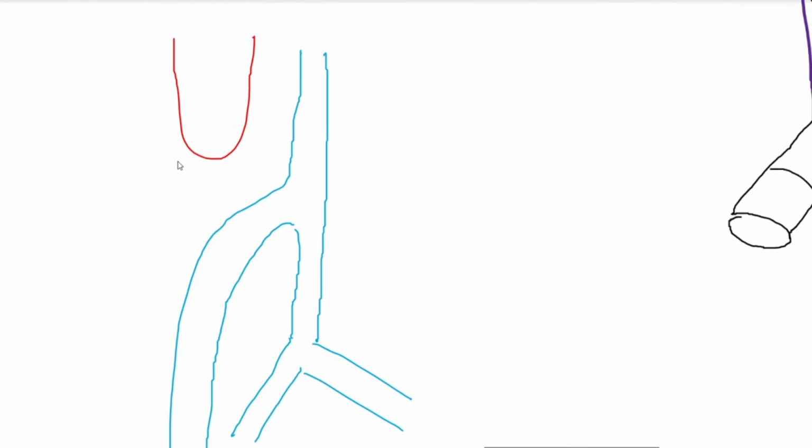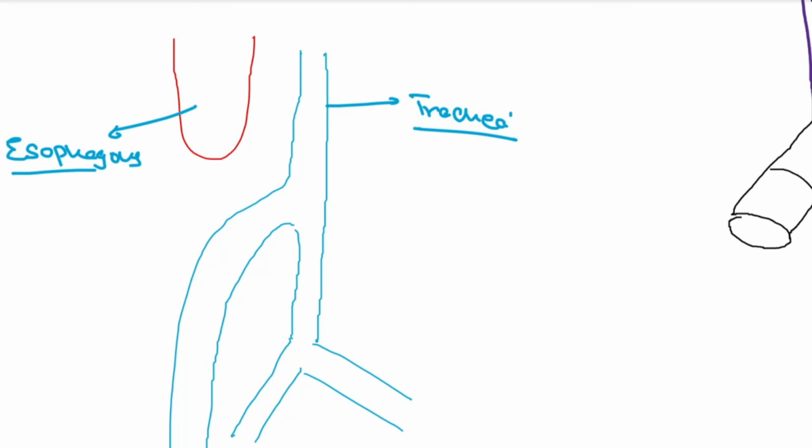Then, moving towards the next clinical condition, that is the tracheoesophageal fistula. Now, embryologically, both our esophagus and the trachea, that is here we have our esophagus and here we have our trachea. Now, embryologically, both trachea and esophagus are fused with one another, but at the time of separation, if the esophagus fails to separate from the trachea, then it can lead to a condition known as the tracheoesophageal fistula. That is fusion of both the trachea and the lower part of the esophagus. So here we have the tracheoesophageal fistula.